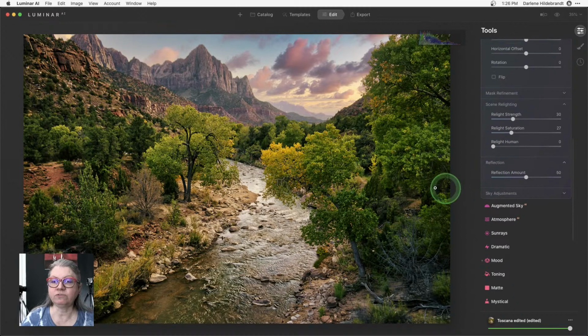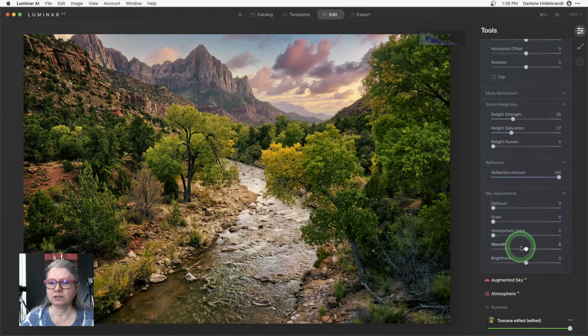Now there's a new reflection slider. Okay, so there is water here, and you can see that as I bring it up, it does increase the amount of color showing up in the water, and it does take into account the fact that this water is rippled.